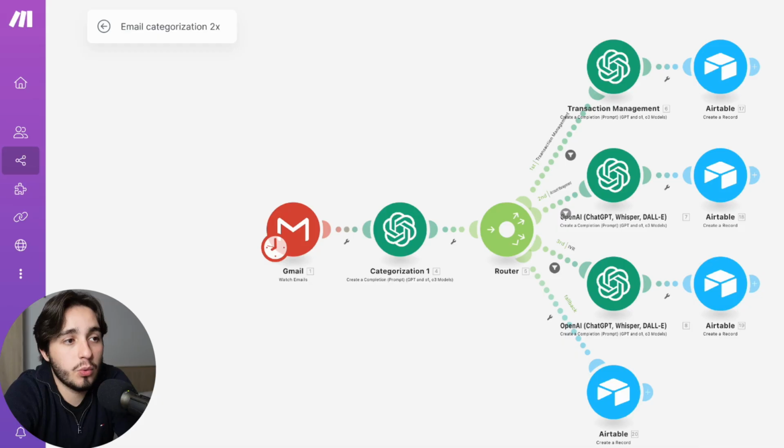Let's break this down. So the way a categorization workflow works is that we first have input coming in from some type of module. In this example that I'm sharing with you guys over here, it's coming in from emails. And then we have a first routing step, or essentially a categorization step that happens right off the bat. So essentially what's going on over here is that we're reading all emails coming in and we're categorizing the types of emails coming in. From there, depending on the category that comes up, we could use GPT 4.5 if the